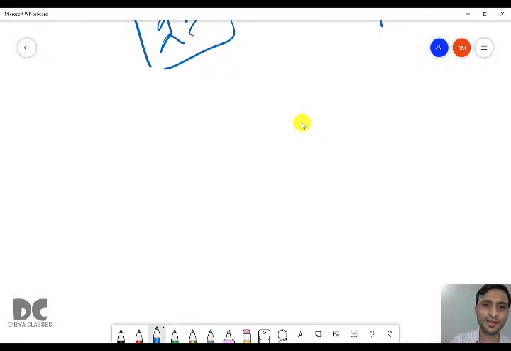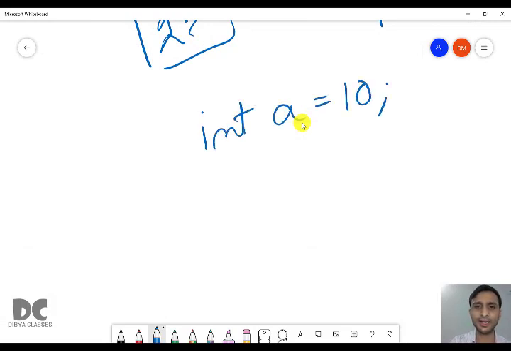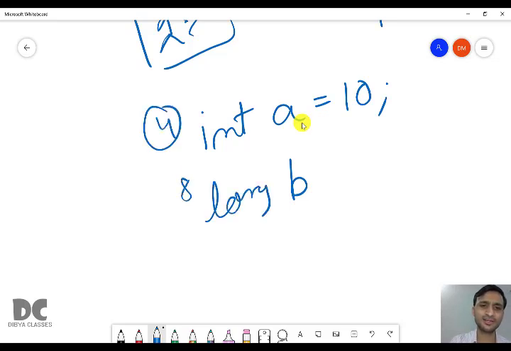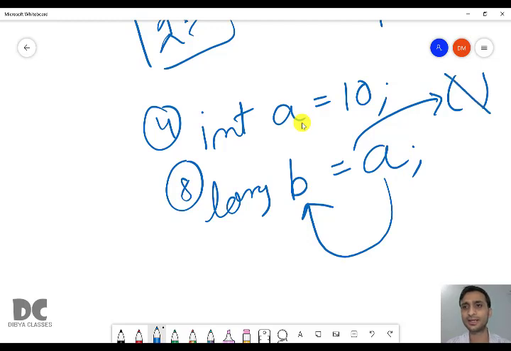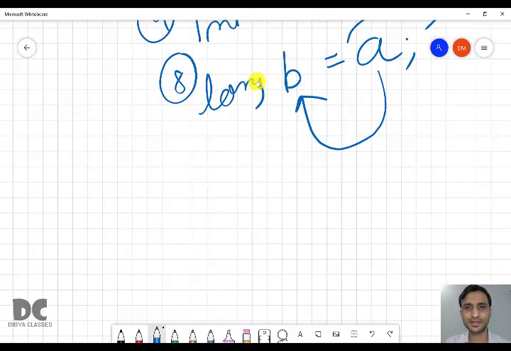So what do you have to do? For example, you have a value int a equal to 10 and you want to store it in a variable b which is of long type. So int is 4 bytes and long is 8. It is bigger. You are going from a smaller to a bigger data type, or bigger variable, you can say. So here you don't have to write that bracket thing, only just write a. When you write a, 10 will automatically go and be stored in the variable b. You used to write a bracket in explicit, but that is not required. You just have to write long b equal to a and automatically 10 will be stored in b.